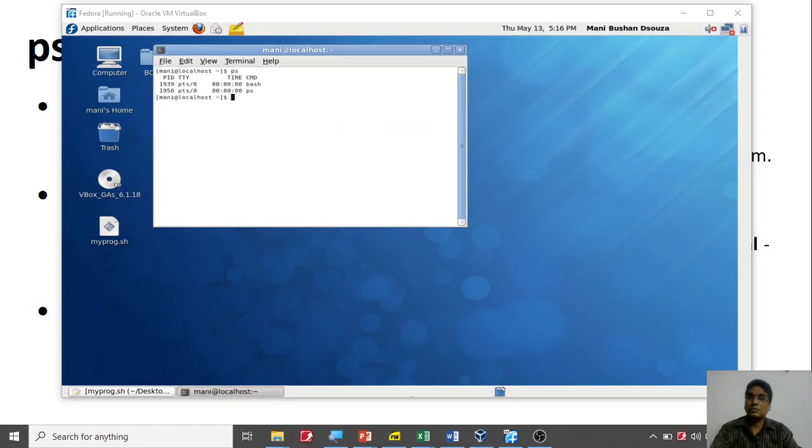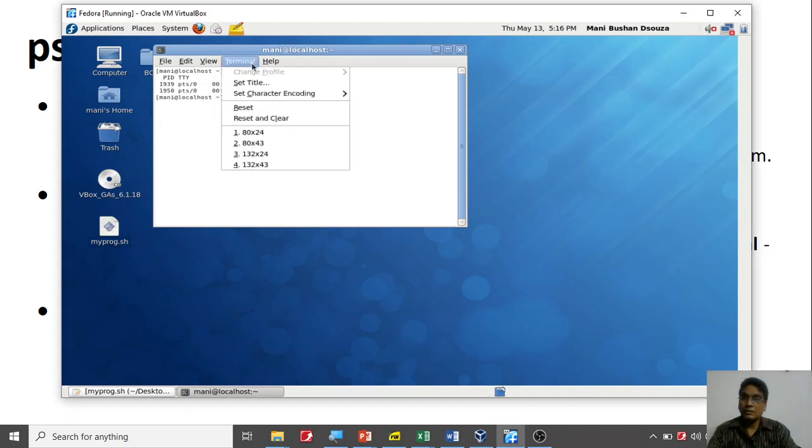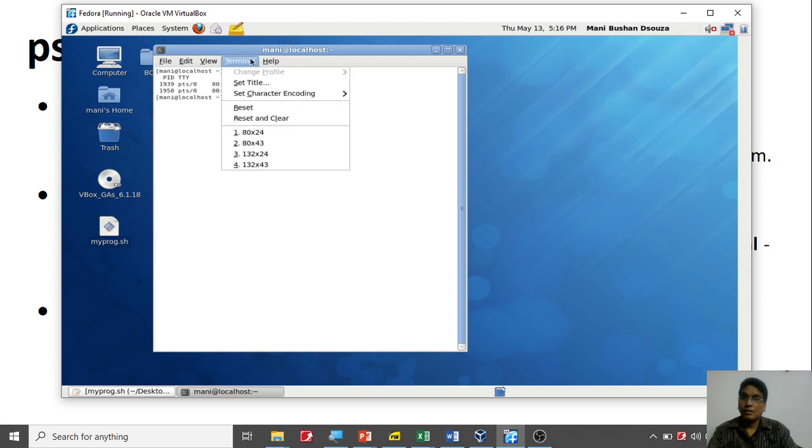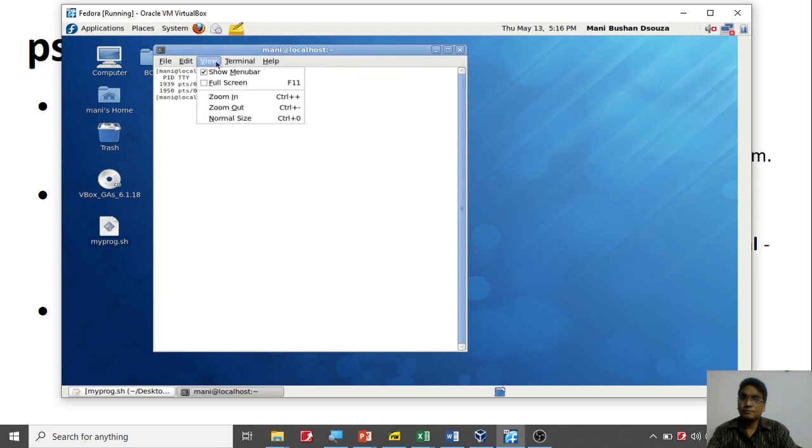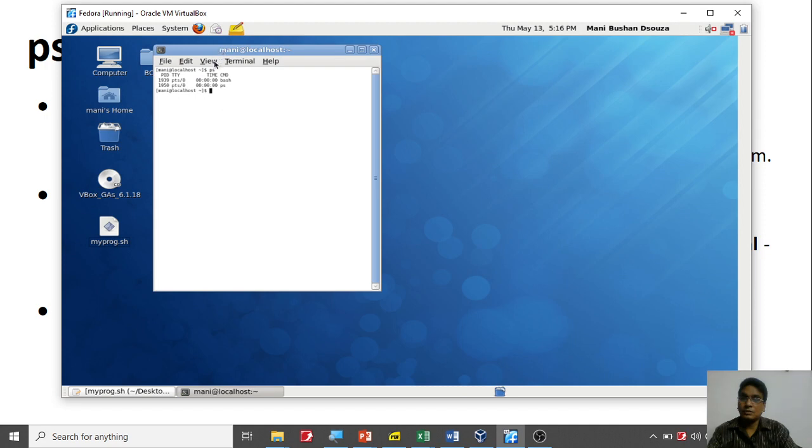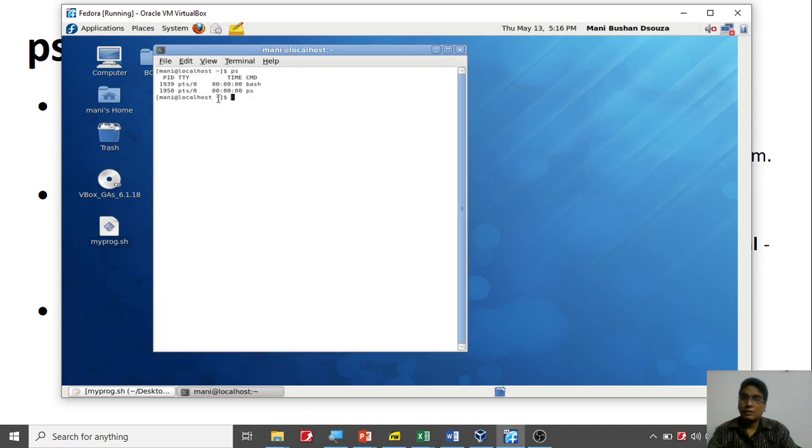I can't zoom in and zoom out in that, so what I can do over here is think of changing the terminal. Slightly I'm going to zoom it in.